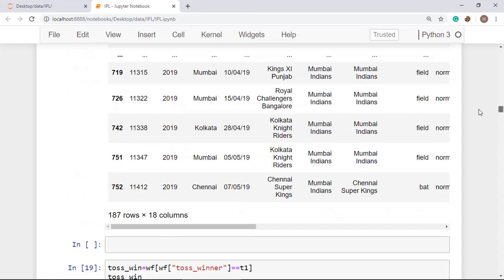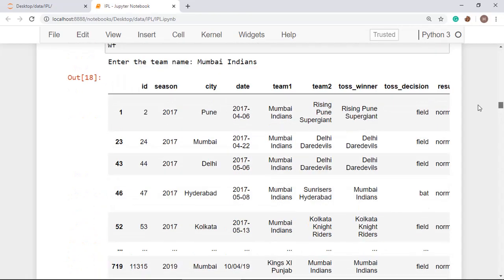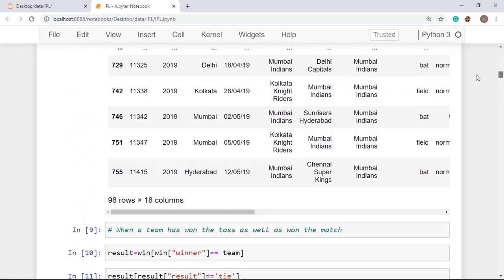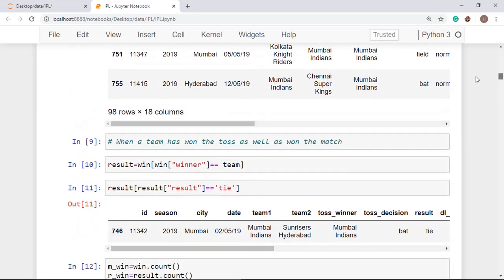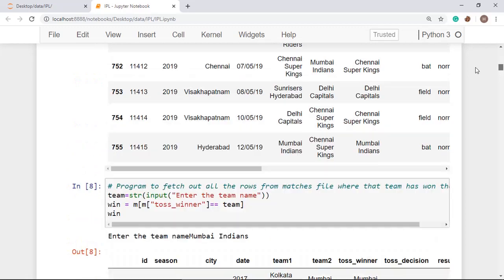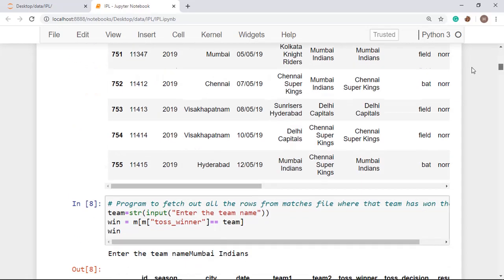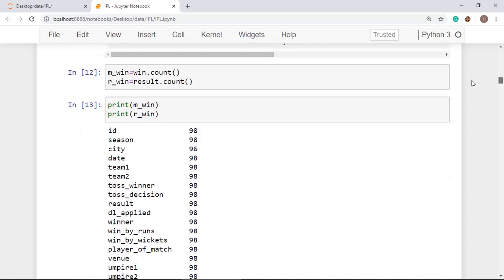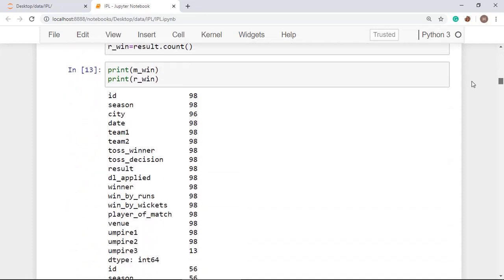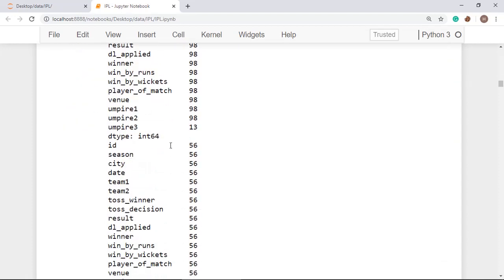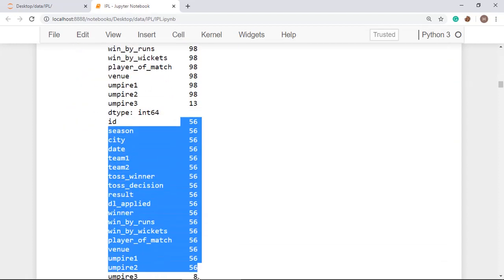Toss decision field, this one is toss winner is equal to T1, into, this one is another thing, and this one is, you can see 98 times Mumbai Indians has won the toss, and 56 times Mumbai Indians has won the match.